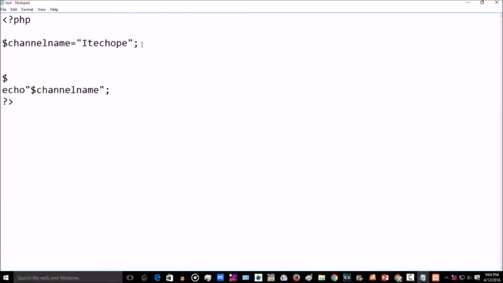A variable name can be alphanumeric and it can have underscores in it, like this one with 145 and an underscore, this is allowed in PHP. So these are the naming conventions for defining variables in PHP that we should follow, otherwise we will get an error.